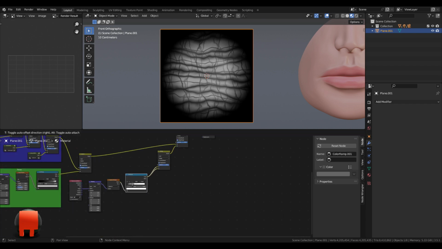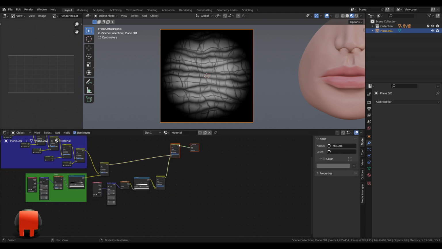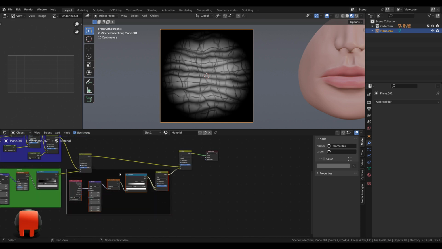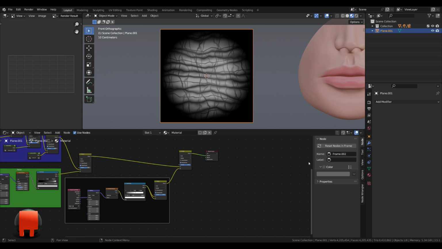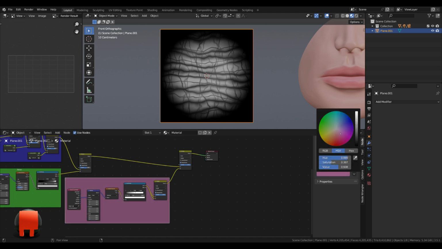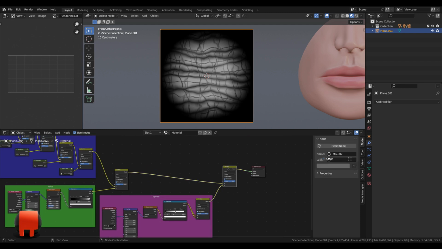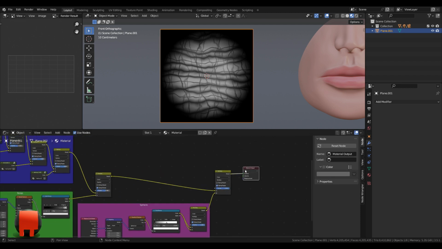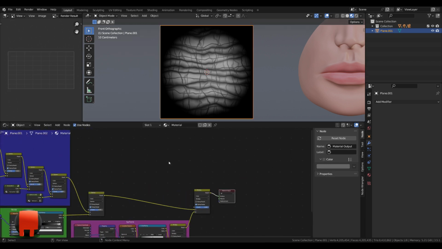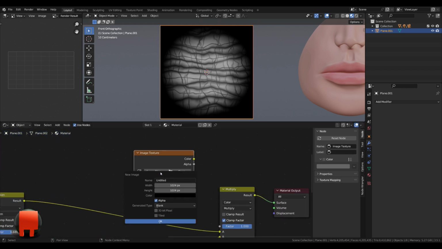Now just to get a little bit more organized, we're gonna group those, like not group, it's Control J, frame those, and change the color to anything else, and you can rename it sphere if you like. So now everything is ready. Next thing, we're gonna bake this. For baking, we're gonna use an image texture. So Shift A, add an image texture, hit new, call it stamp,